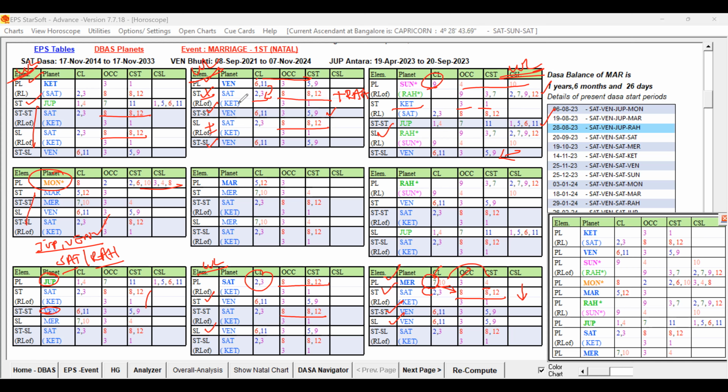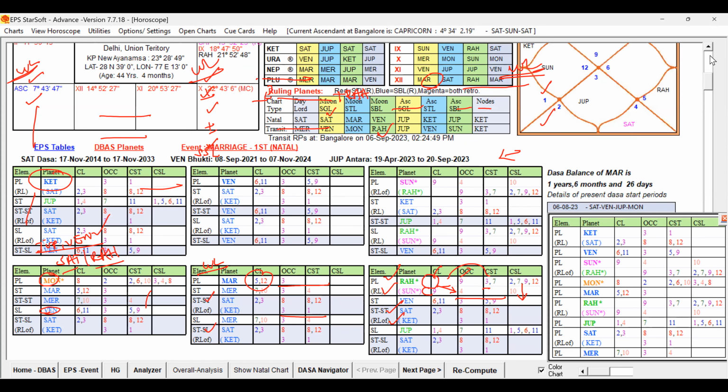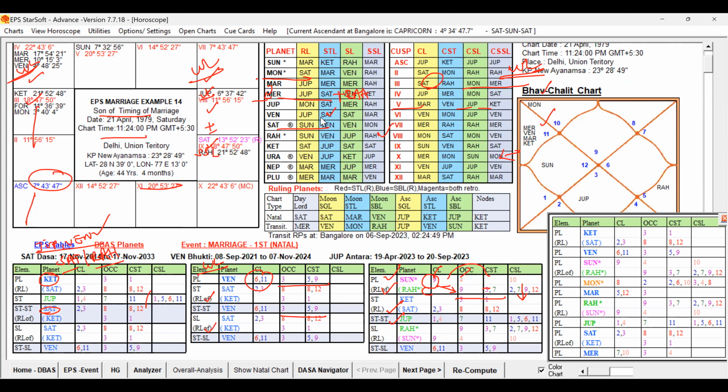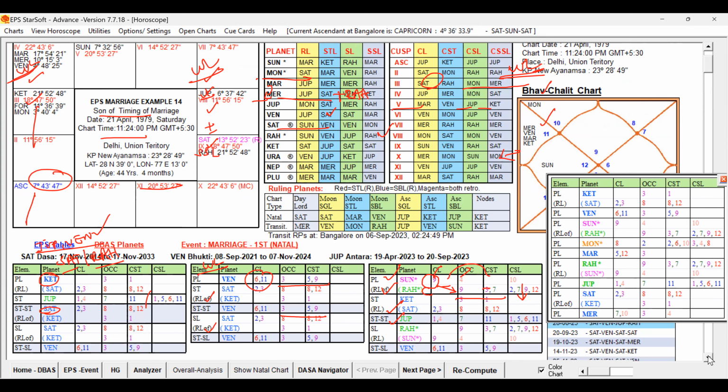And one more thing I forgot to tell, that Venus is in the star of Saturn and sub of Saturn, then we can check the sub lord of Venus also. If I scroll, then whatever I have written will be misplaced. Anyway, we have to do that. Venus is in the sub of Mars. So Mars is the sub lord of Venus. Let us keep that in mind.